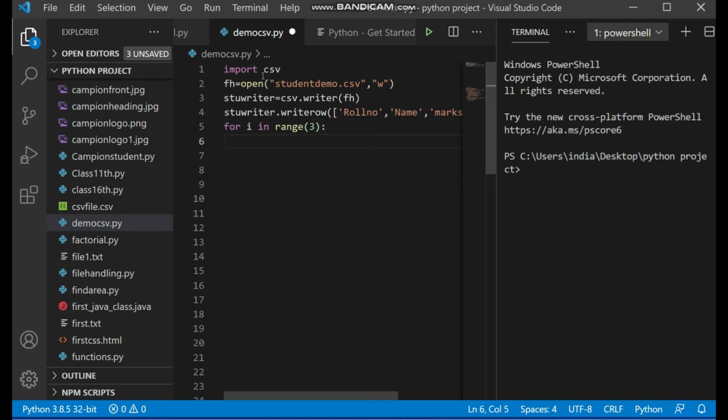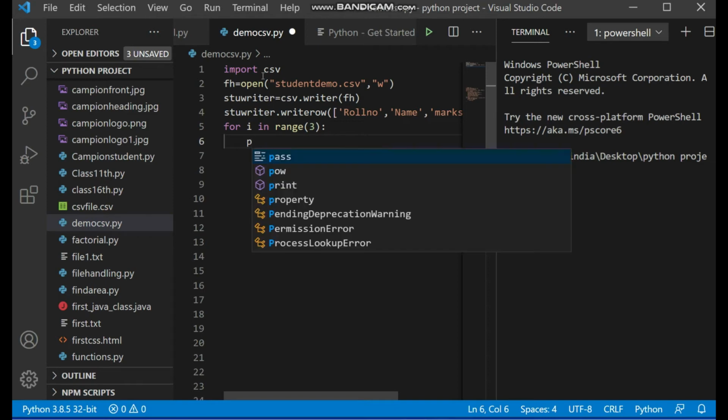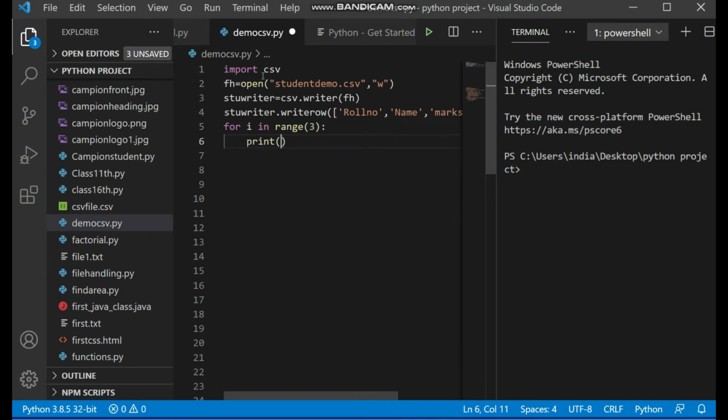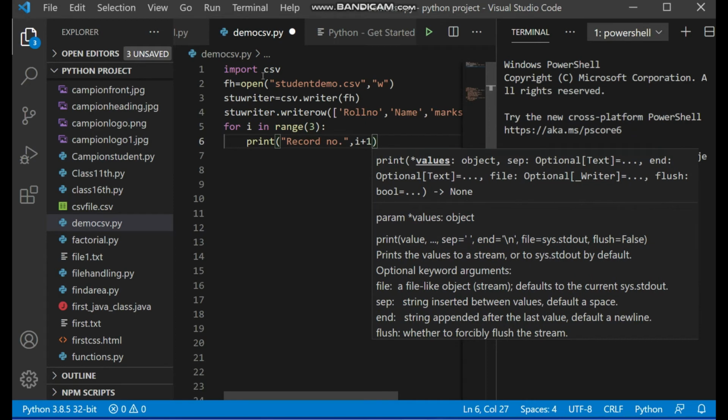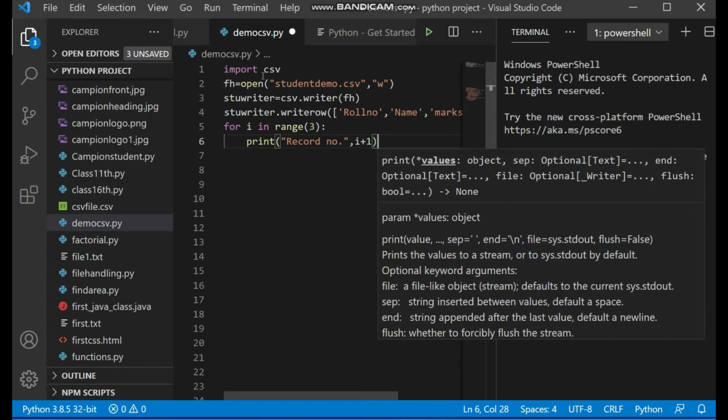First I want to print the record number, so print in double quotes, record number, and for the number we use i plus 1, because i is going to start from 0 and we want to print 1. This is record number 1, so that's why I have used i plus 1 there.